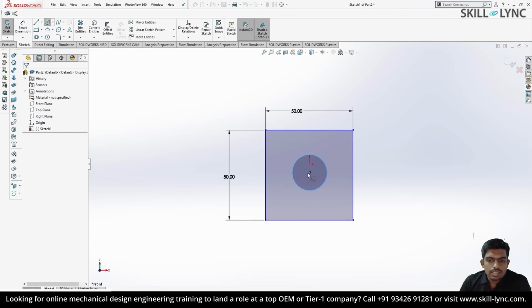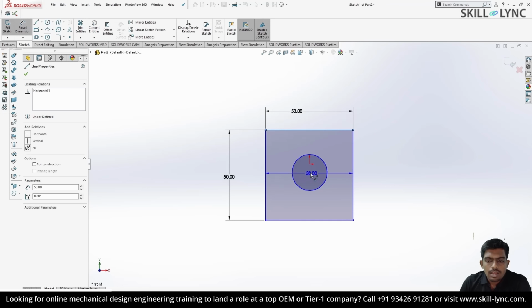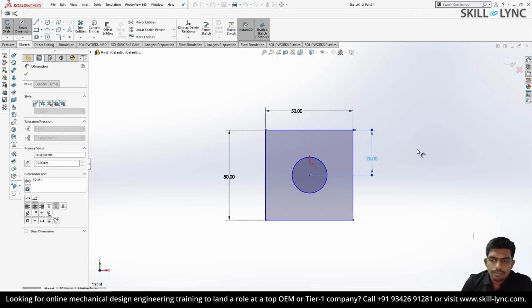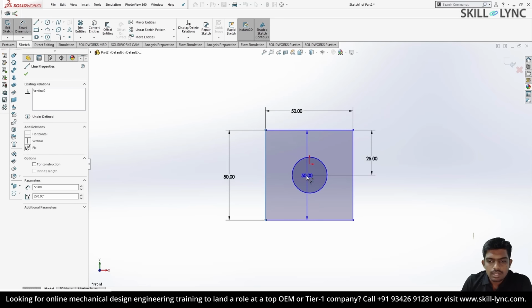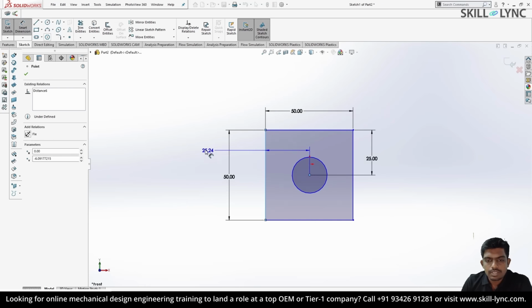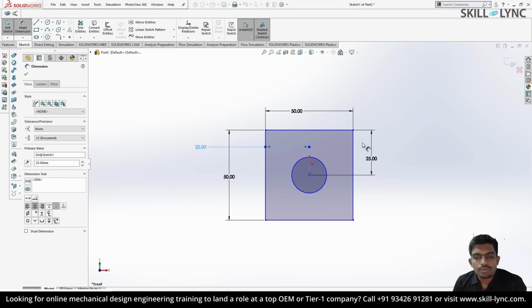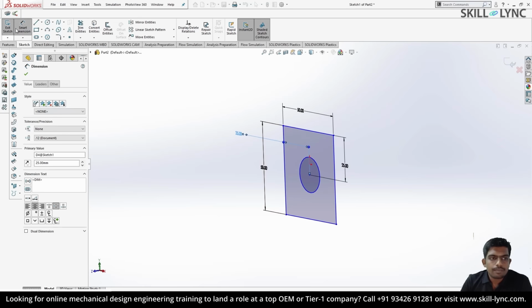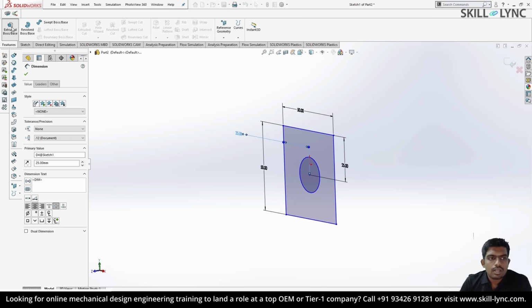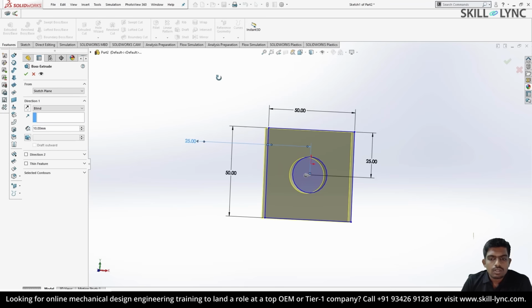Now in order to constrain this circle into the center, click on this dimension, select this side and choose this point here and input a value of 25 mm. Similarly, choose this side and select the center, input a value of 25 mm. Now that we have fully constrained this geometry, click on the features here and select the extrude option. Input a value of 5 mm